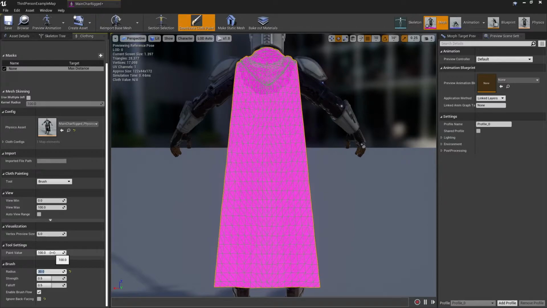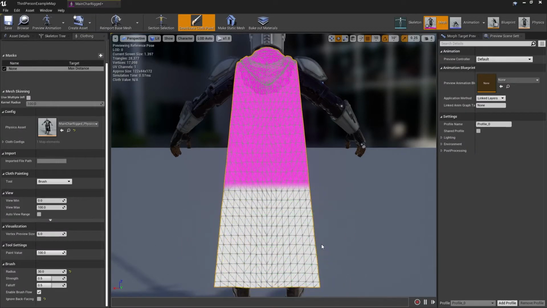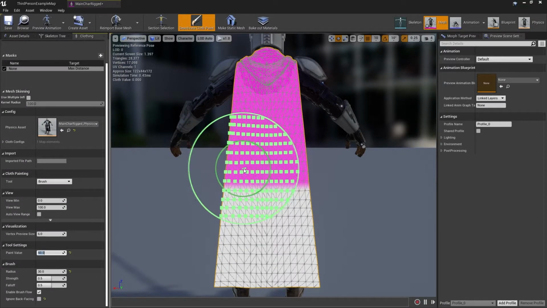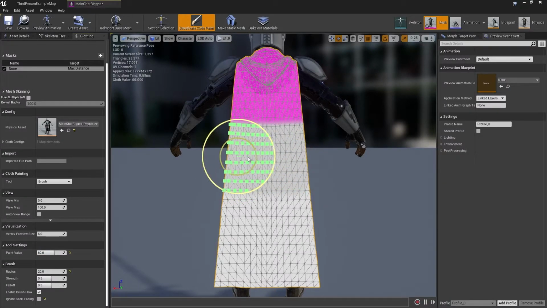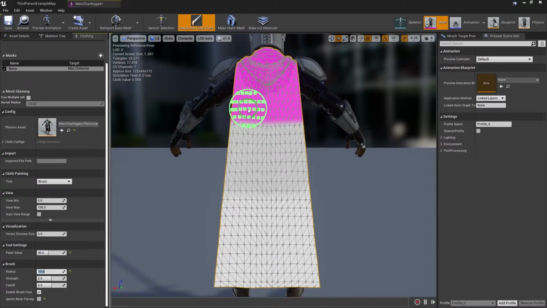If the value is 100, that means you will have 100% clothing simulation. If the value is 0, that means you will have 0% cloth, that is static mesh only. How you want to paint your cloth is totally up to you. You can paint it with the same percentage, or you can change the paint value to make some more natural clothes.